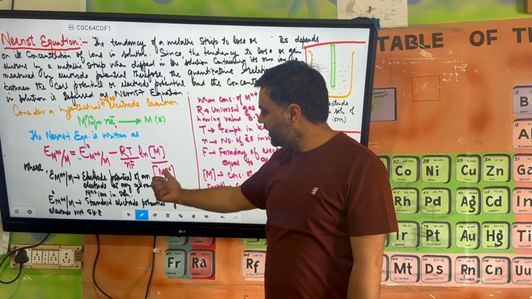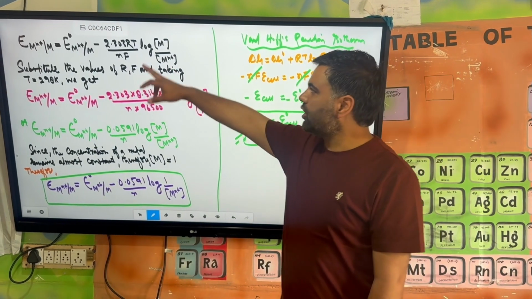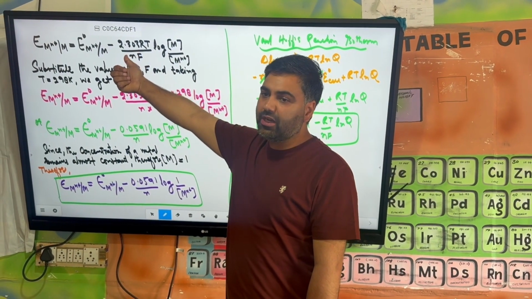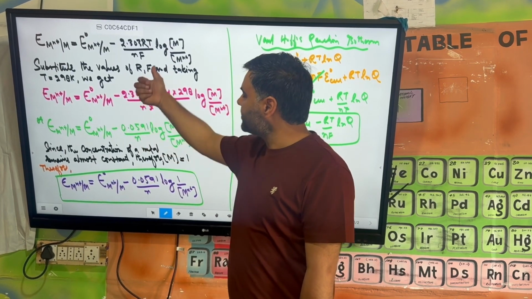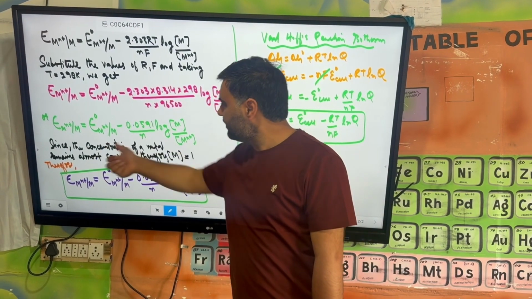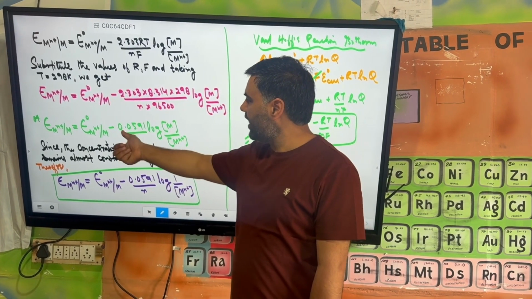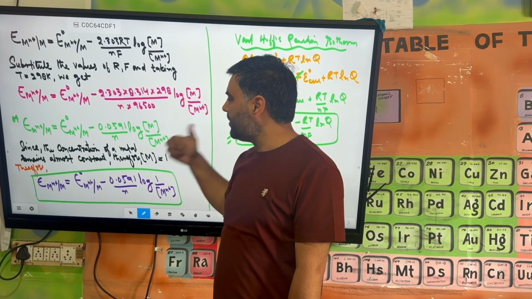और यहाँ पे आपको पता है this is the concentration of ions. Clear? Now इसको हम अगर नेचुरल लॉग को कॉमन लॉग में कन्वर्ट करेंगे तो we have to multiply by 2.303. Likewise, this equation becomes, जब हम सबस्टिट्यूट वैल्यू करेंगे और टेम्परेचर को 298 केल्विन लेंगे तो हमारी फाइनल इक्वेशन जो बनेगी, इसका वैल्यू आएगा 0.0591 divided by n log of M divided by Mn positive.